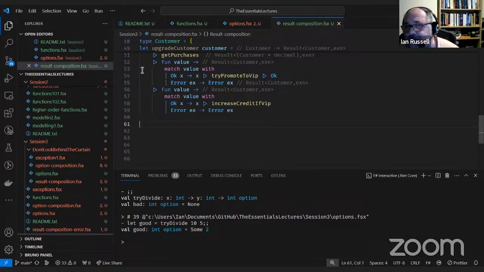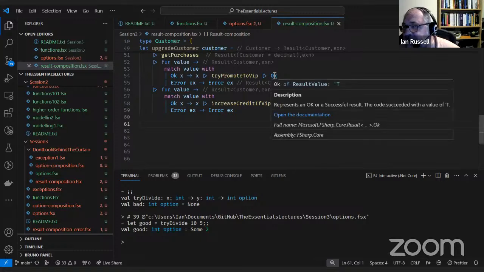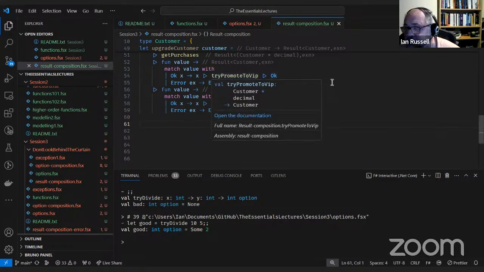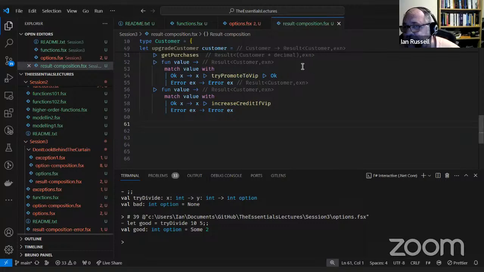So I've got this bit, and I've got this one. They're slightly different in that one takes a function that returns a result and one doesn't. They're slightly different functions. So let's do the top one first.